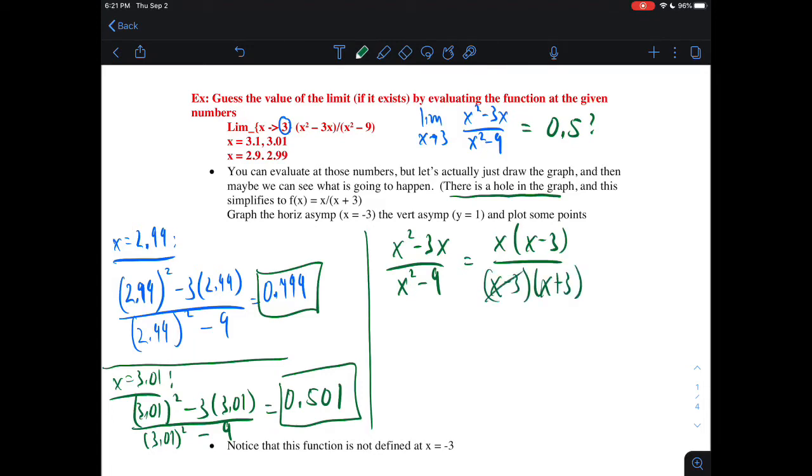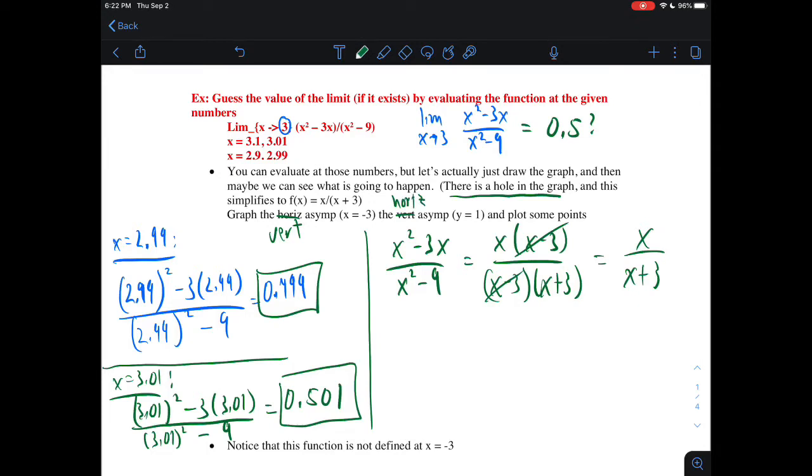And then we can cancel out where there was a hole, which is at x equal 3, and we find that our function is actually just x divided by x plus 3, which gives us a vertical asymptote of negative 3. The vertical asymptote is at negative 3, and then we can also recognize from our knowledge of pre-calculus that there will be a horizontal asymptote